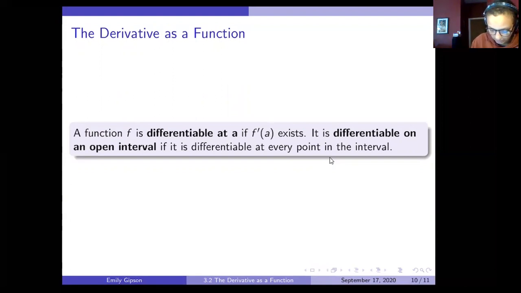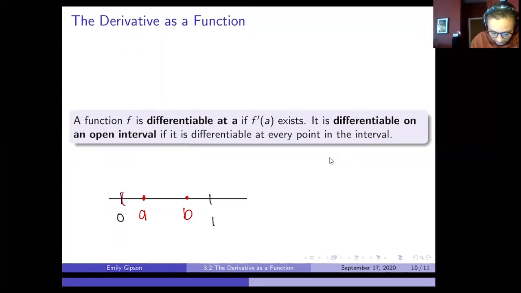So if this is my line, maybe I have 0, maybe I have 1, and somewhere in between there, I've got a point A. And if it's differentiable at A, f prime of A must exist there. And for it to be differentiable at B, f prime of B must exist there. And if it's differentiable at all the points in between 0 and 1, then we say it's differentiable on the interval